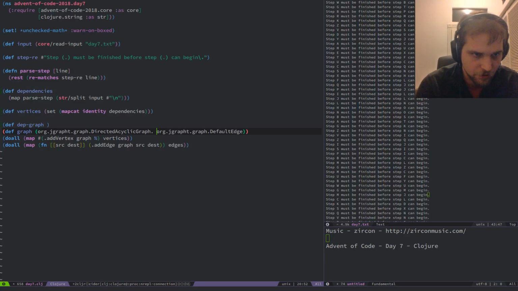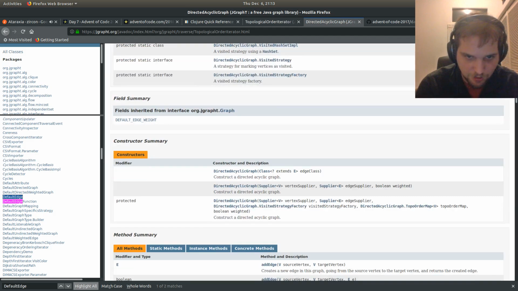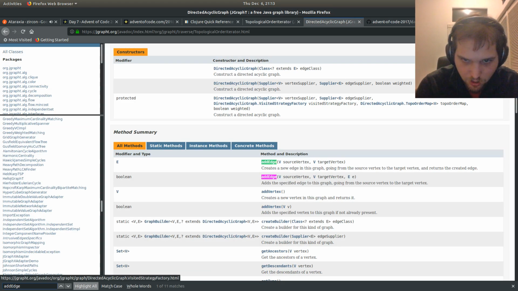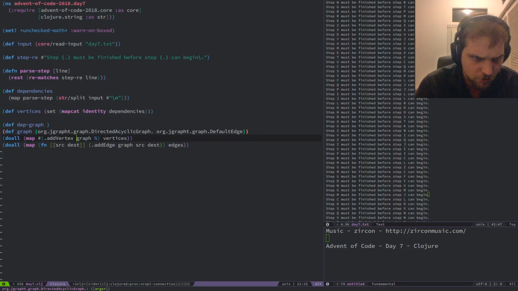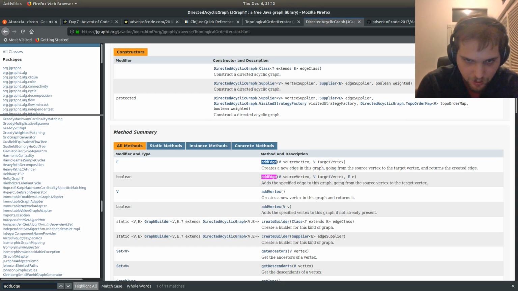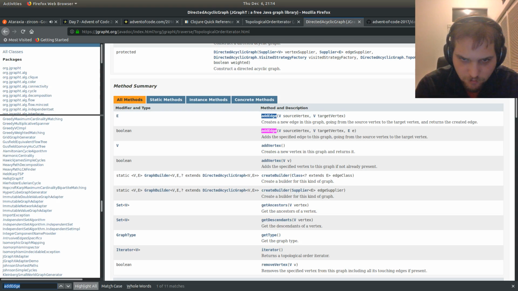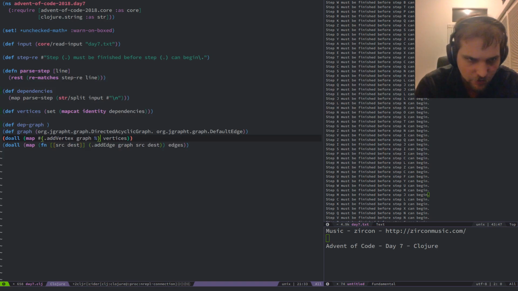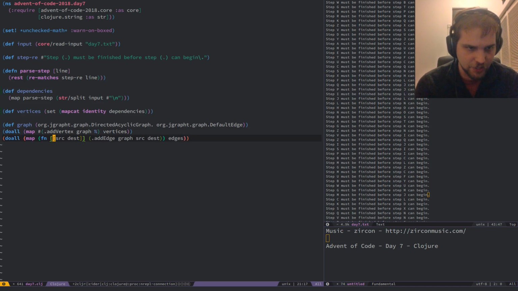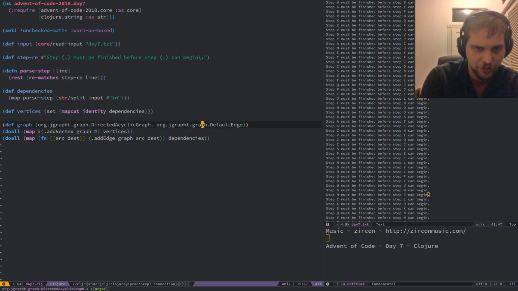Default edge. And in a directed acyclic graph, can I just add edge? I can. Great. Add vertex. We're going to add all the vertices to the graph. Dependencies.